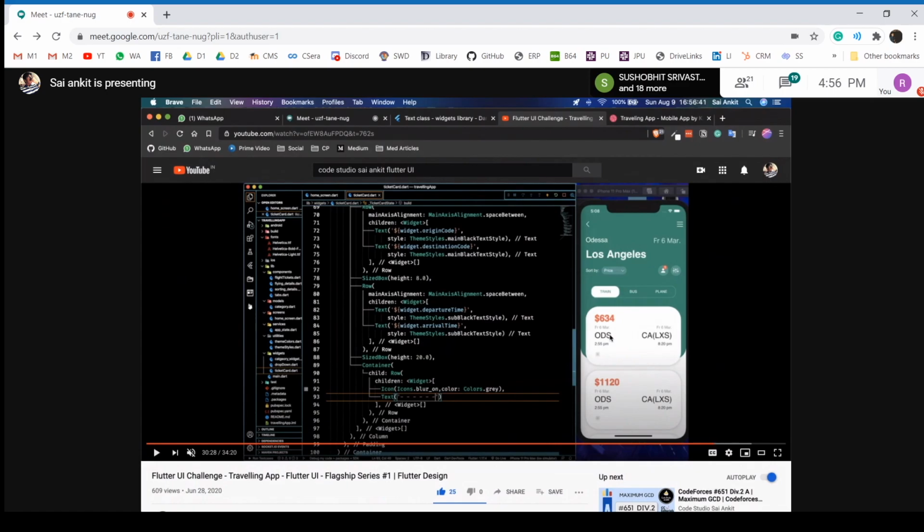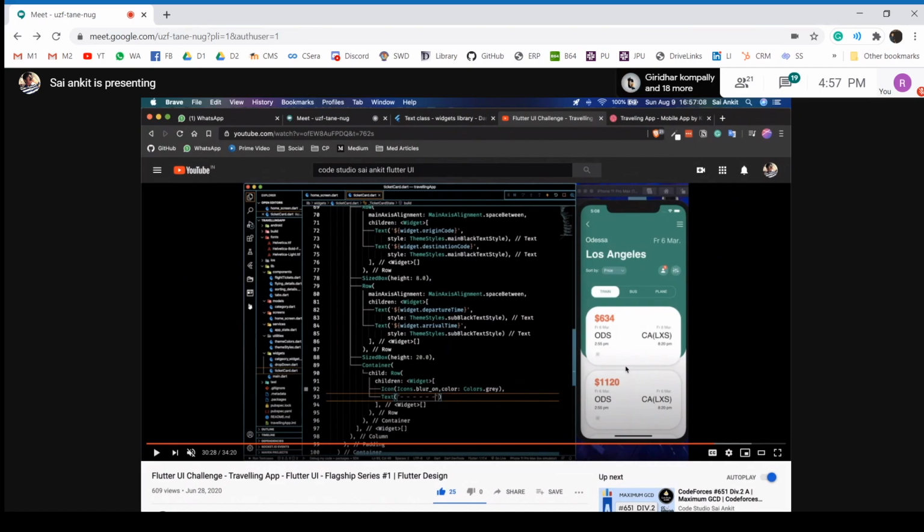So what you do is you choose a design. Most probably you can choose this design. You start with basics, with how you can basically design this. You don't have to replicate the same stuff. Just try with, okay, this is a column. You first start with designing this card. After you have designed this card, you can start putting two cards, putting a space between cards using a padding widget, something of this sort.